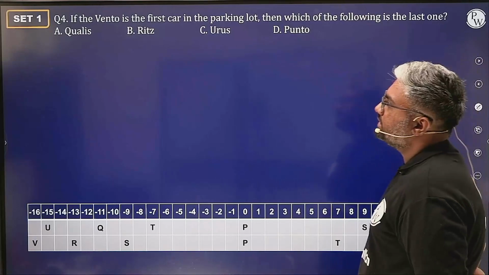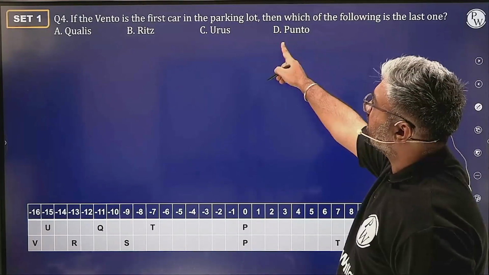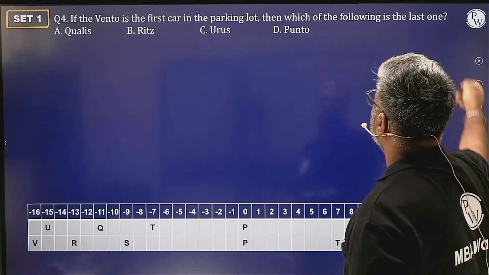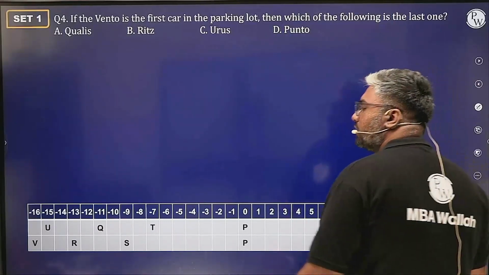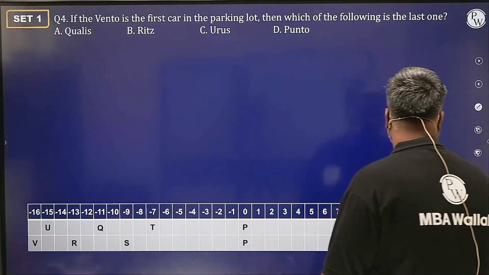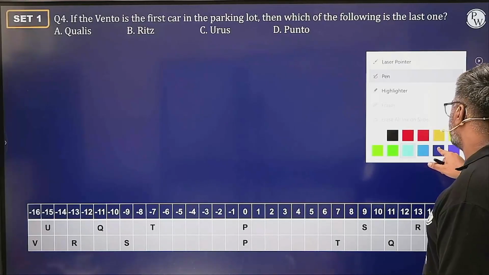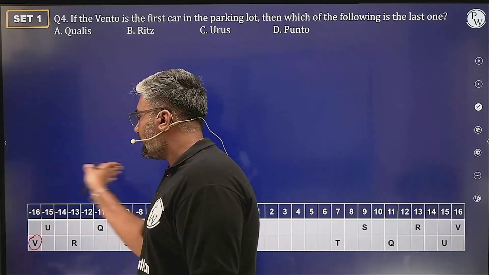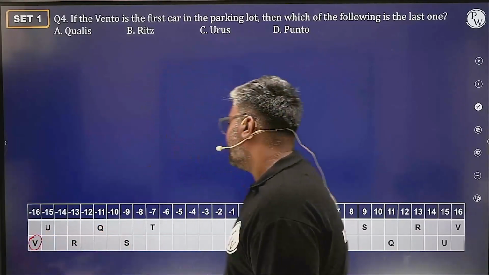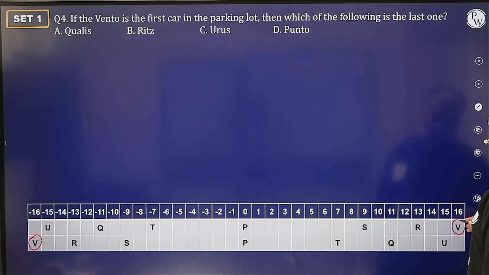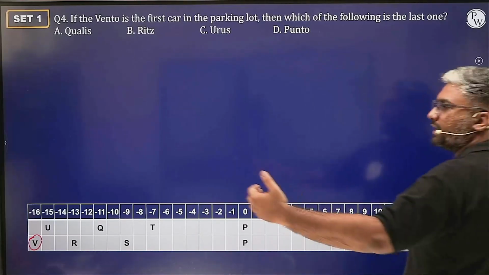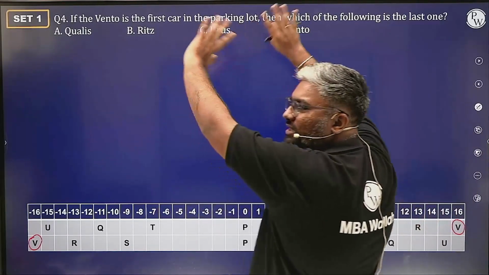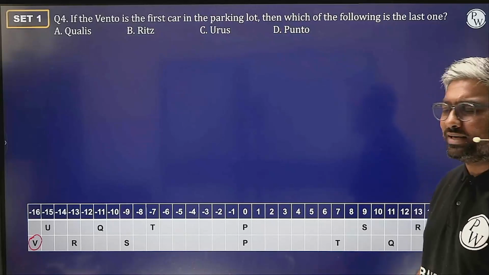Let's move on to the last question, आखिरी क्वेश्चन, बहुत इजी। If Vento is the first car in the parking lot, which of the following is the last one? अब whether you go from this direction or this direction doesn't really matter, कोई भी एक सिचुएशन में हमें क्या चाहिए, Vento पहली कार चाहिए। तो यहाँ पे अगर देखोगे तो इस साइड से अगर आप आ रहे हो तो Vento हमारी पहली कार है, इस साइड से अगर आप आ रहे हो तो Vento हमारी पहली कार है ना, क्योंकि पार्किंग का एंट्रेंस कौन सा है, वो सब एक्स्ट्रा ज्ञान नहीं दिया, डायरेक्ट सा क्वेश्चन है।